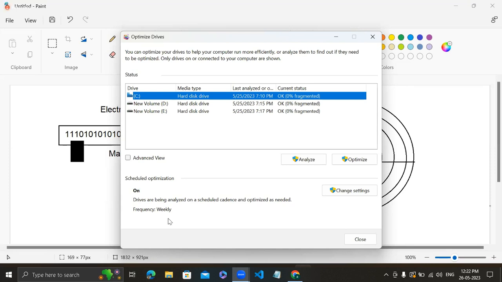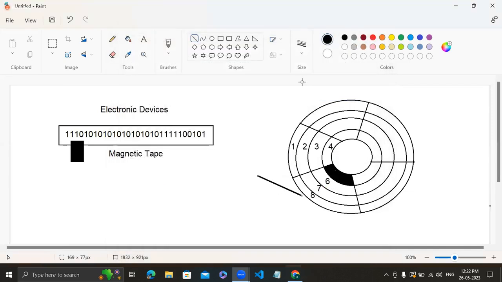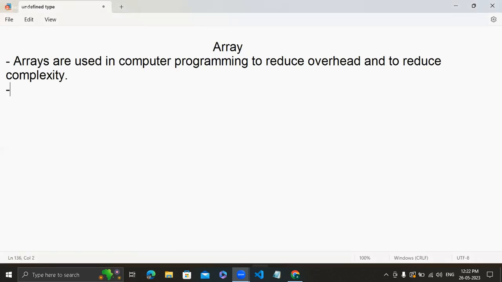How to overcome this problem? To overcome this problem, if we can store values in a sequential order, without random order, then this problem can be solved. And that is what arrays can do. That means arrays can reduce overhead,